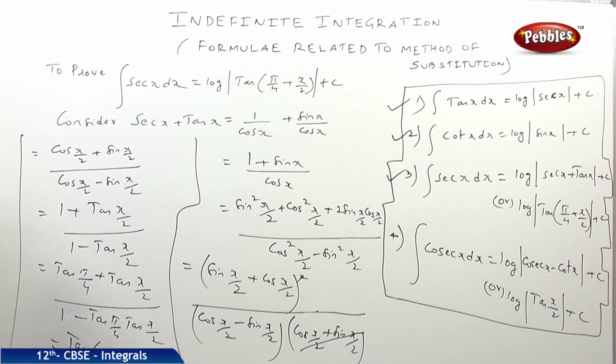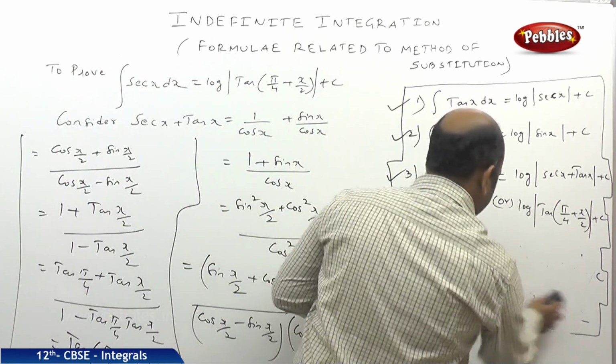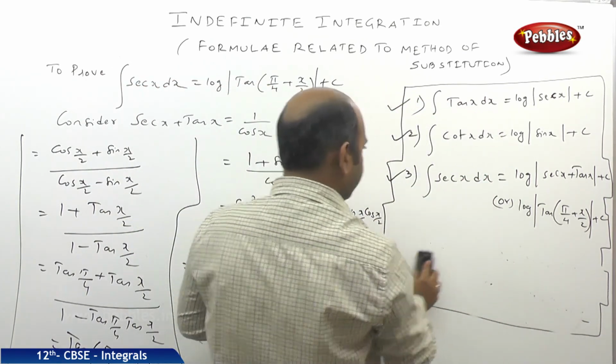So tan of pi by 4, tan A plus tan B by 1 minus tan A tan B, is tan of A plus B. So it is looking like tan of pi by 4 plus x by 2. So finally, what happens when coming to this particular thing? Here I am erasing, and here I will be doing